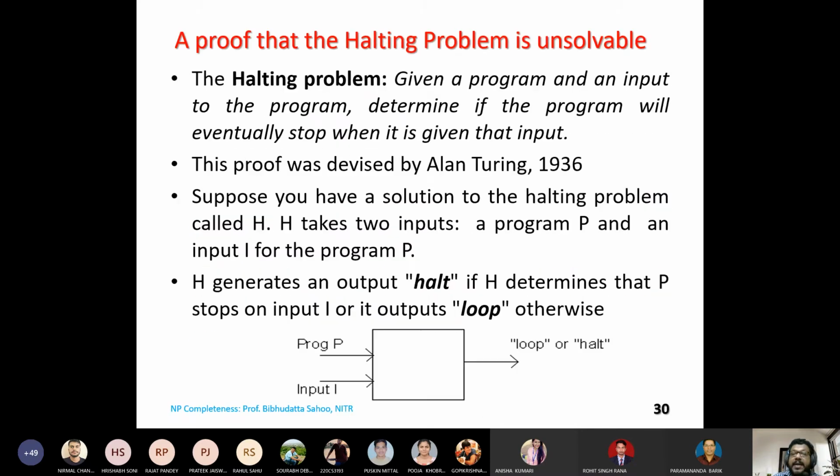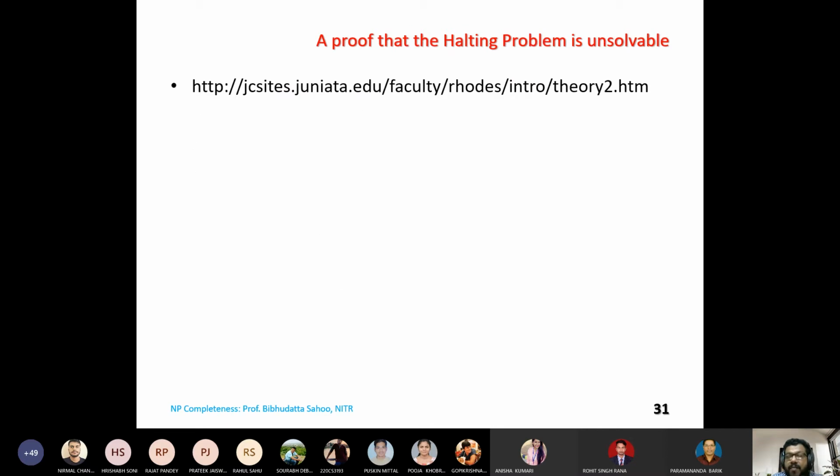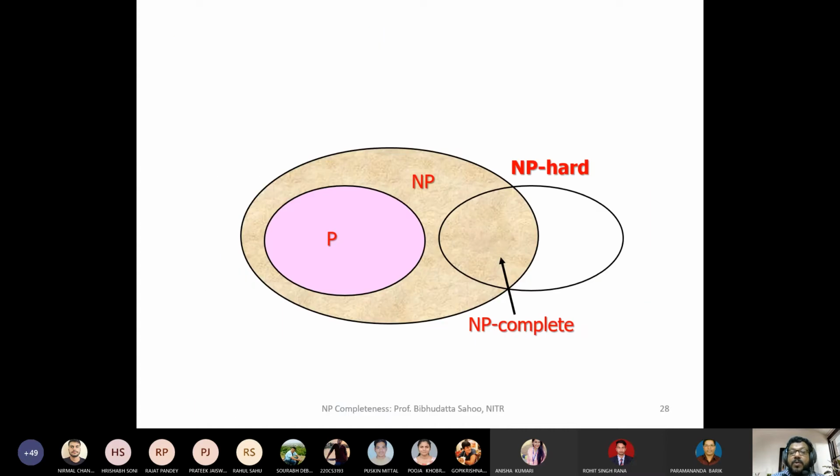Okay, then NP complete and NP hard are both subsets of NP. What is NP? NP is that set of problems for which we do not have a polynomial time algorithm. Any doubt on that first thing? Let me clarify. Yes, look into this one. The whole problem space is divided into two categories. One is the set of problems that have polynomial time complexity. The others are the problems for which we do not have any polynomial time algorithm, without looking into NP complete or NP hard.